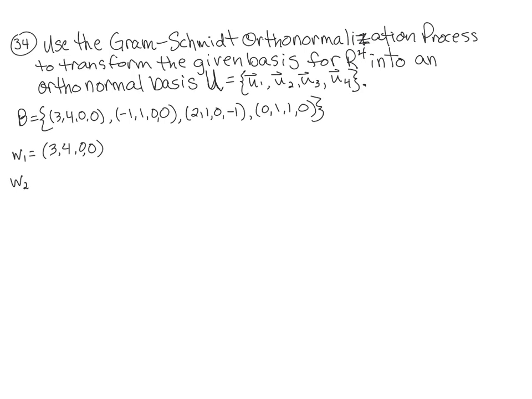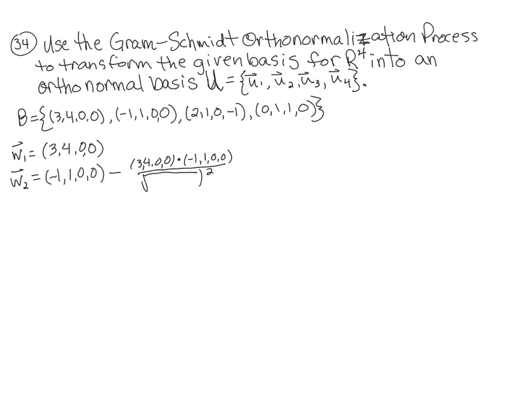W2 is V2 minus (-1, 1, 0, 0). Here's where it gets fun. We're going to find the dot product of those first two vectors. So let me write this out here: (3, 4, 0, 0) dotted with (-1, 1, 0, 0), divided by the magnitude of W1